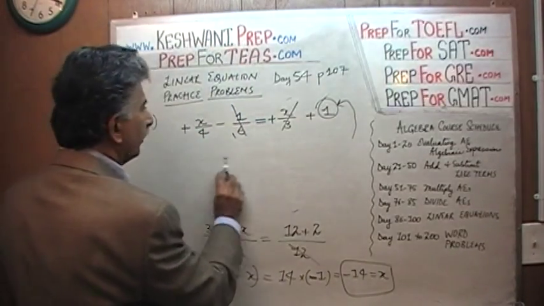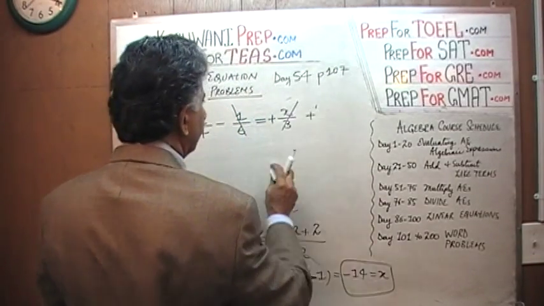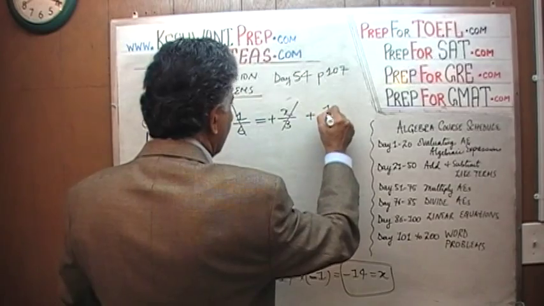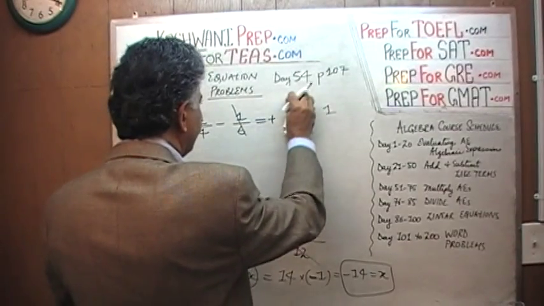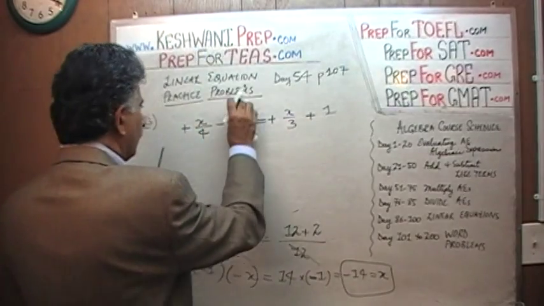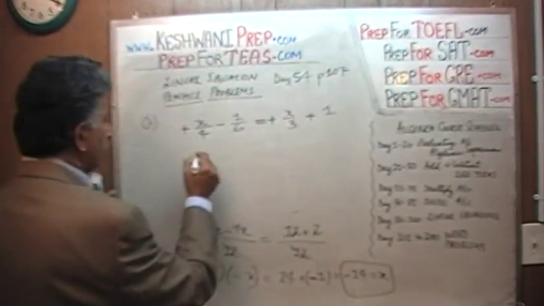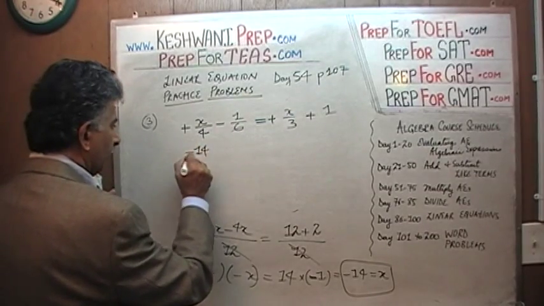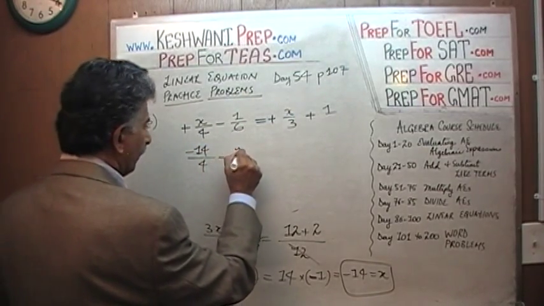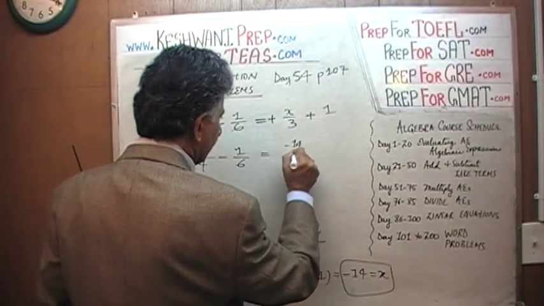So here is our original equation, plus 1, and this one was x over 3, and this one was 1 over 6. Let's put it in here, negative 14. So we have negative 14 over 4 minus 1 over 6 is equal to negative 14 times 3